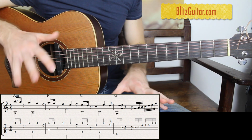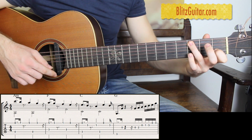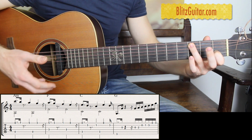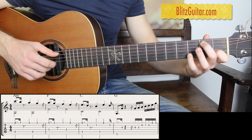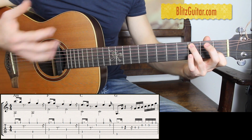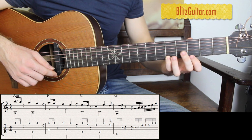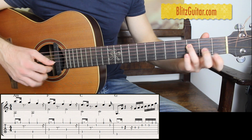So the C major is a little bit more tricky to play, and you always want to make sure that you hold the bass note down so that it rings out. So far we have 3 chords: A minor, F major, C major,